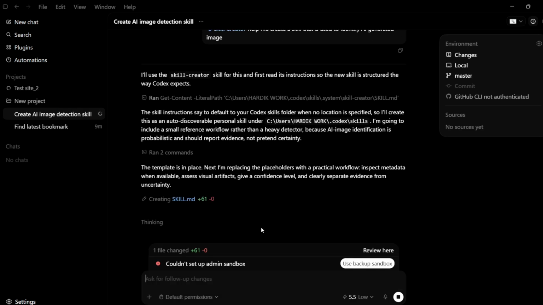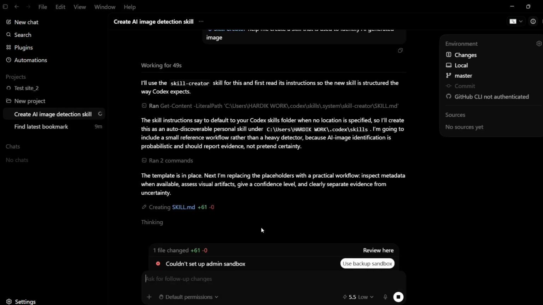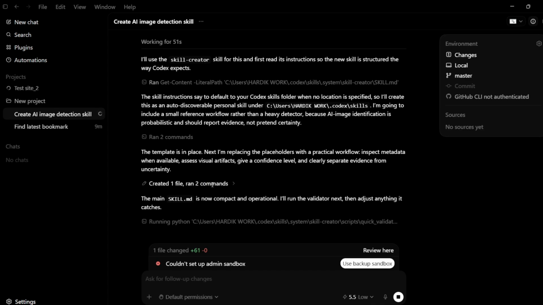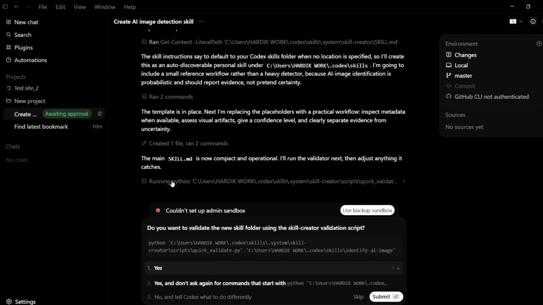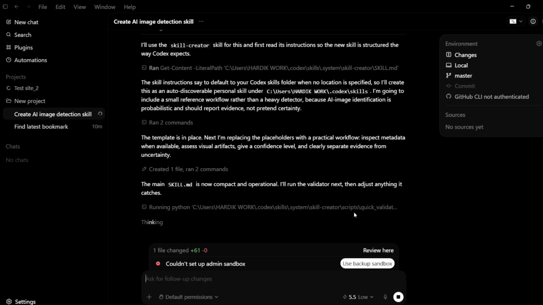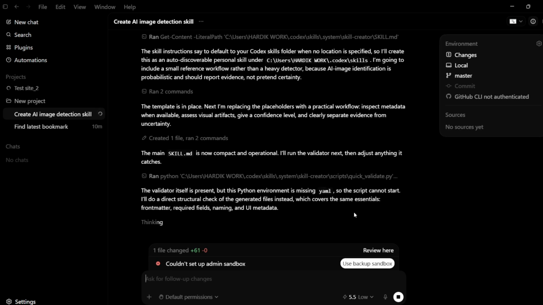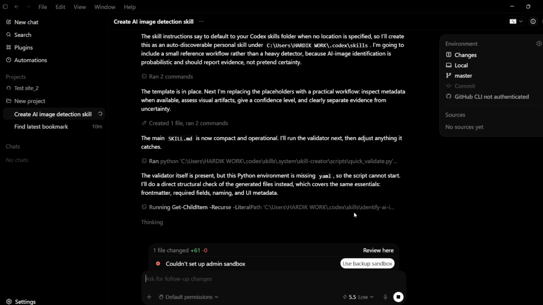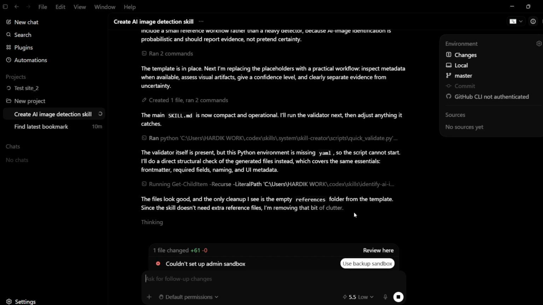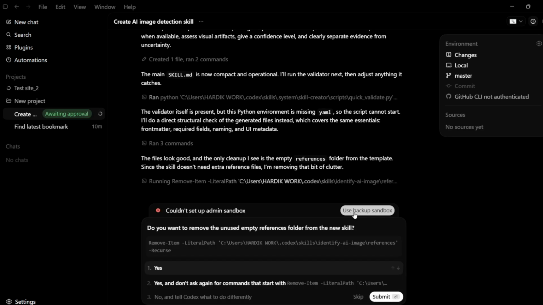So now I will again allow it the permission to write onto this particular file, and it says that the main skill.md is now compact and operational, and I will run the validator next, then adjust anything it catches. Now I am again gonna allow it whenever it will ask me for the permissions, because it is currently validating the skill after it has created, and once the final validations have been put up, it will simply land me